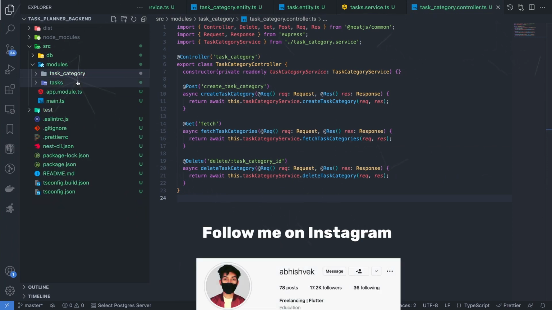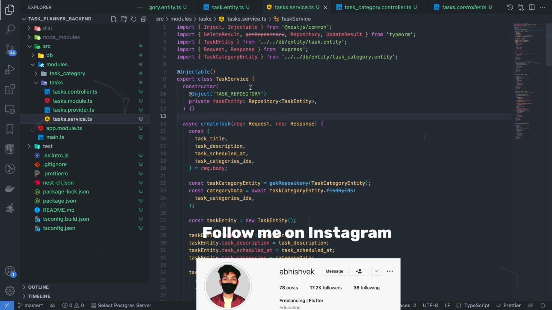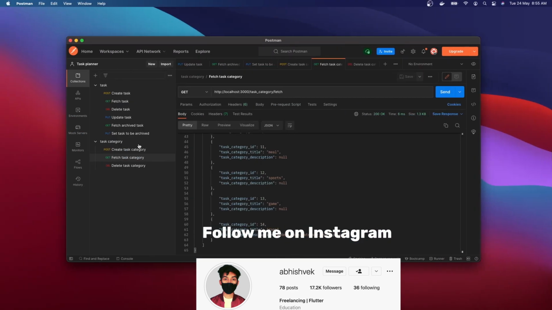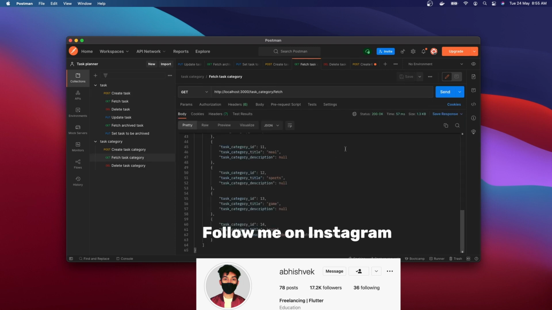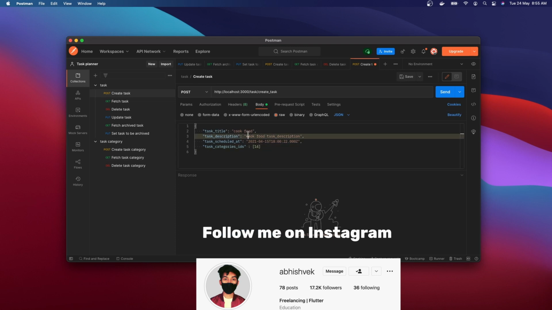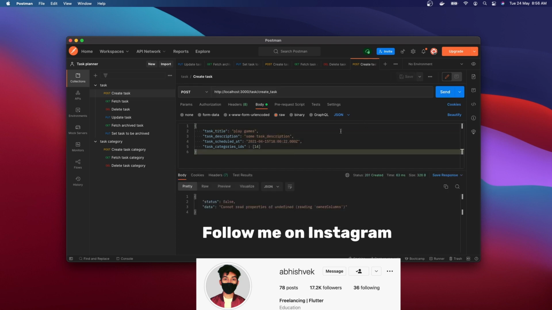Now we have to simply add those categories under our task. So I can go back under create task, and here under create task I'll also add a new key of category IDs, and here I'll be able to add the categories. Now let's send a request. I'll add a category of 14 under my create task. Here I'll simply say category of play games. Right, so description. If I send a request now,